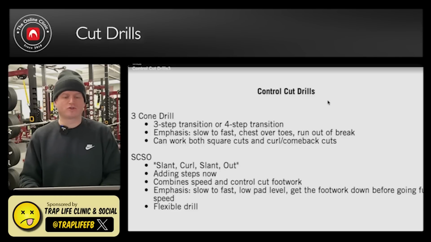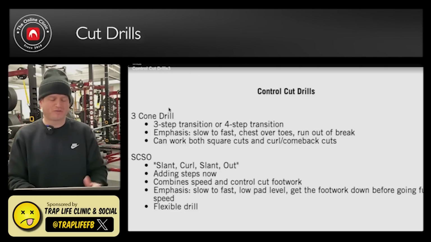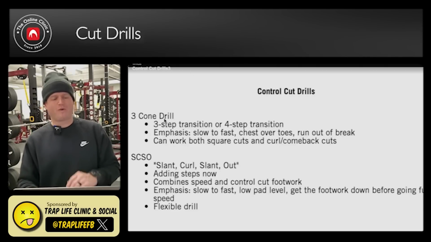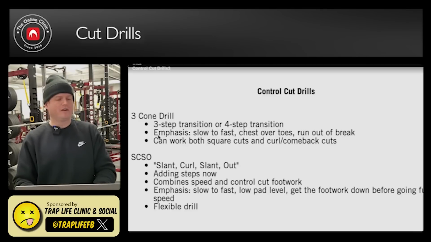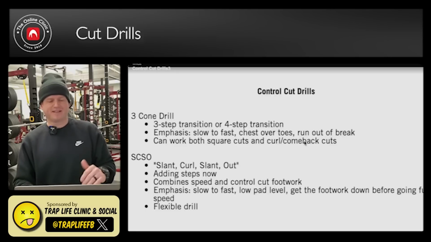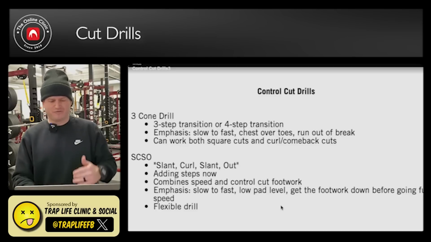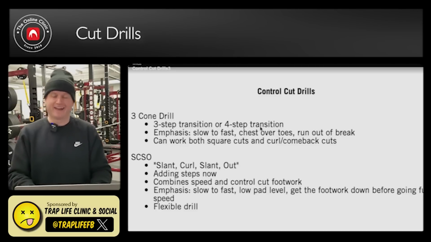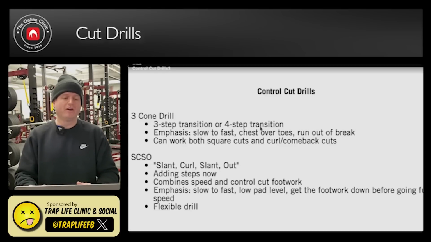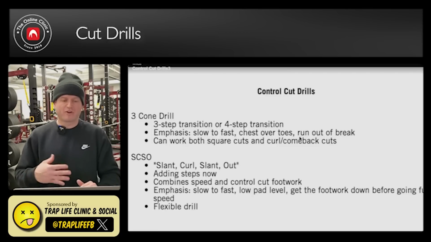Okay, so our control cut drills. I only do 2 or 3, but the most important one that I like to do is our 3-cone drill. It's a 3-step transition, and sometimes I'll add a 4th step, because a lot of guys have a hard time throttling down with the 3-step. And 3-step is hard, especially if you're getting into a full speed route like a comeback and even a curl. So I like to add an extra step. I'll tell them in the drill, we'll start off with the 3-step, and then we'll do the 4-step, and whatever you're comfortable with,